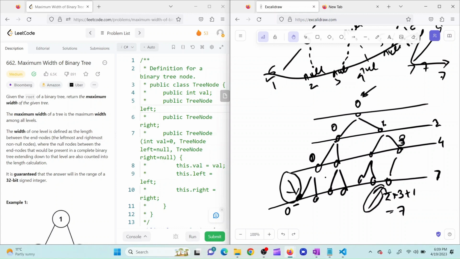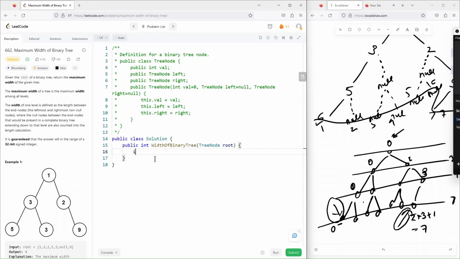I think that's good enough. Let's get started and code it. Let's validate the input. If root is equal to null, then return 0, right? And then we are going to do level order traversal, so we are going to create a